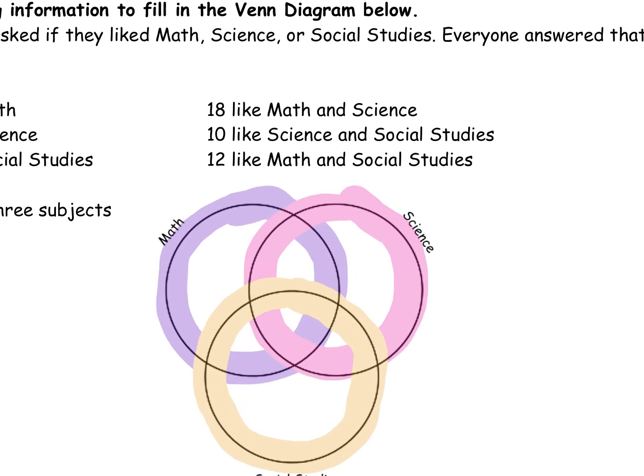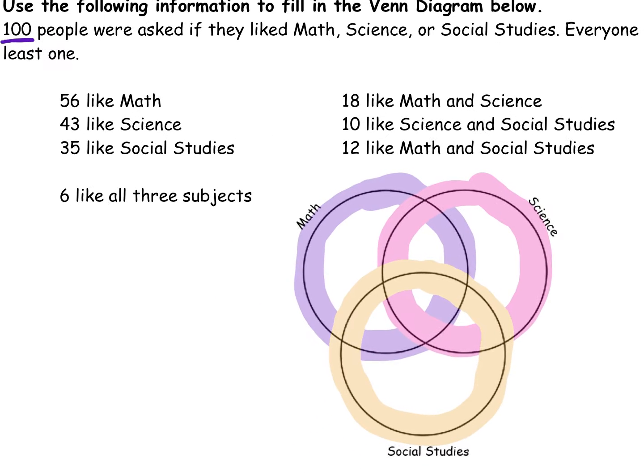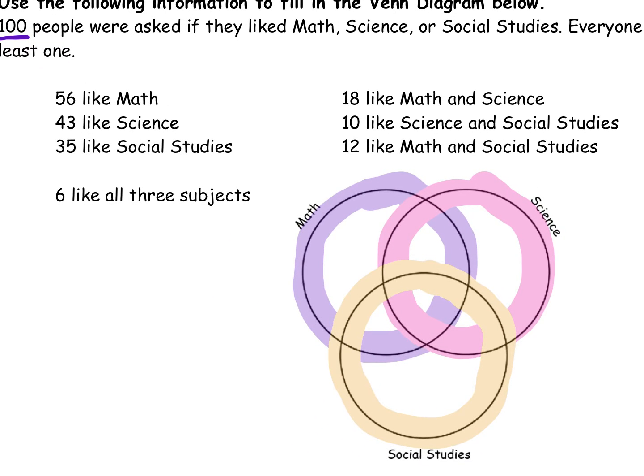Okay, there we go. Sorry, I wanted to undo that part. So we decided this was 6, right? Okay, so the next piece we're going to look at is math and science, which is this whole piece right